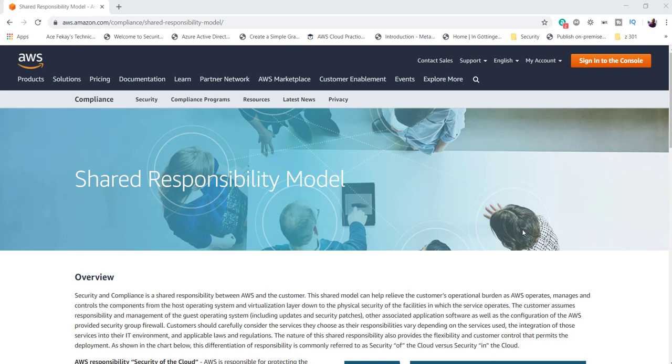In that case, if your virtual machine or your EC2 instance gets compromised, who's responsible for that? So just in case there's an attack on your data and you lose your data, what's going to happen to it? Who will be responsible to trace and track it back? In this lesson, we're going to talk about the shared responsibility model. What are you as a customer responsible for, and what is AWS responsible for when it comes to security and